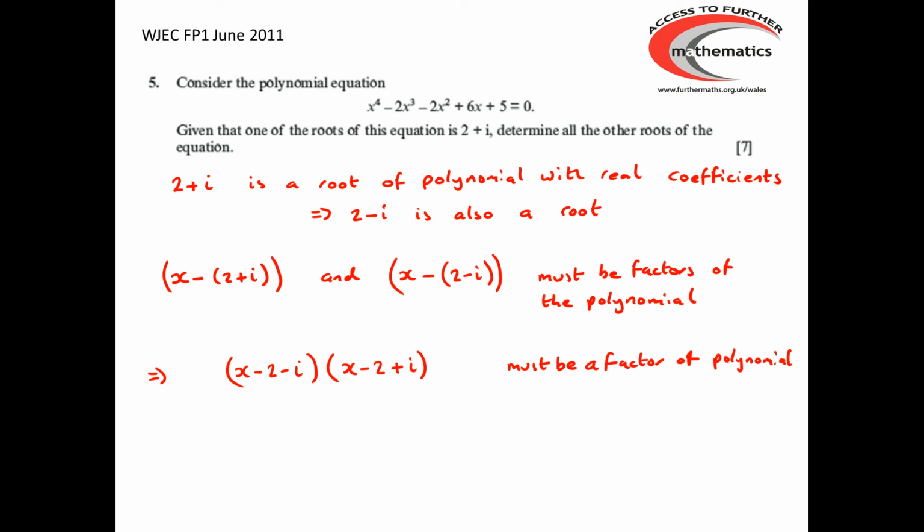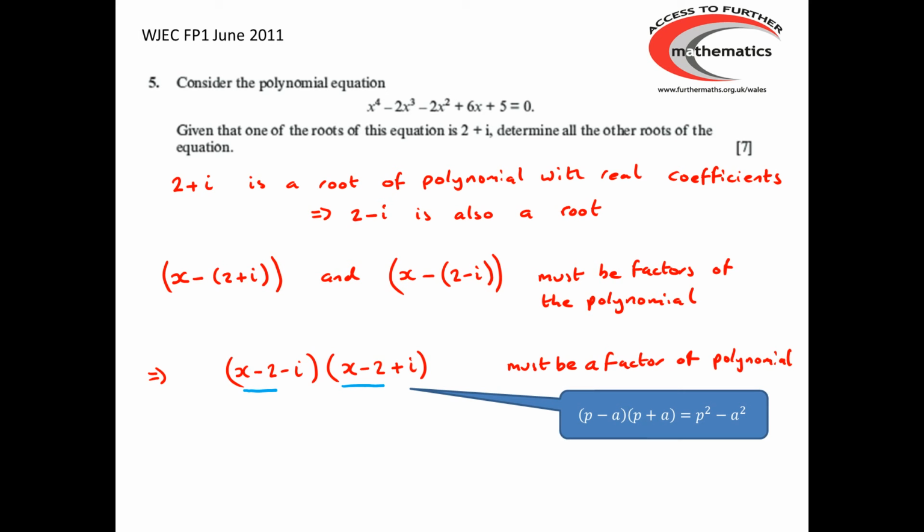Now there's a very simple way of multiplying those two brackets out. If we just spot the fact that both of those brackets have got x minus 2 there, so we've got x minus 2 take away i times x minus 2 plus i,